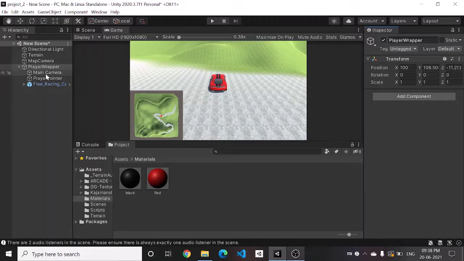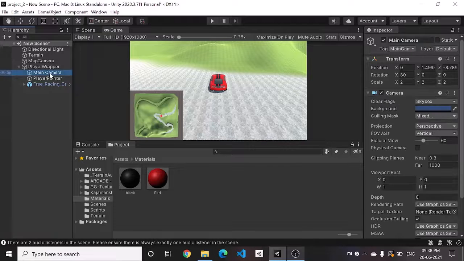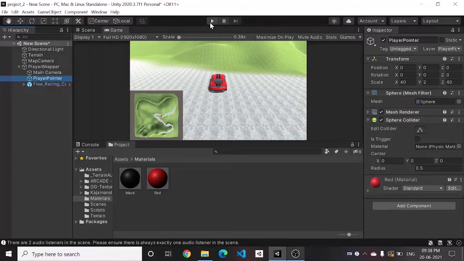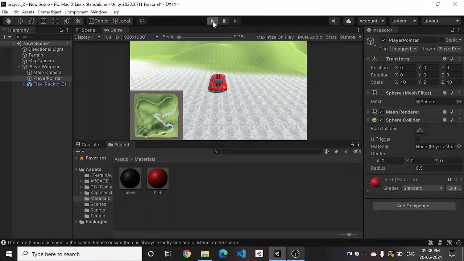So that might not be a good idea. So all we need to do is ensure that the camera's front should be the same as the player's front. Right now the camera won't move with the car.